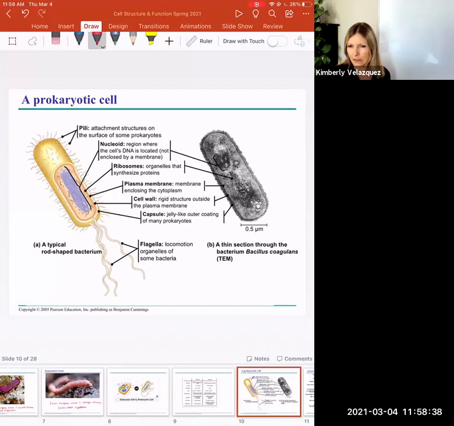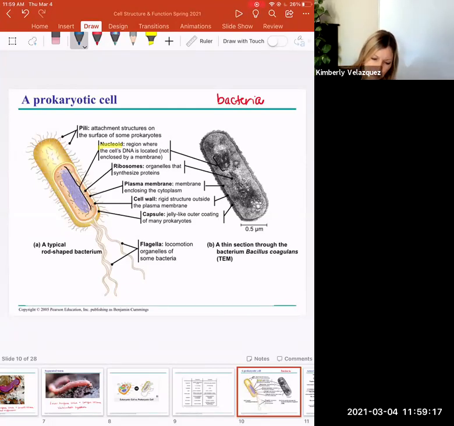Okay, so this is a basic prokaryotic cell. In fact, this is a bacteria cell. And the first thing that you'll notice is that this area called the nucleoid region replaces what would be called the nucleus in a eukaryotic cell. So this is the region where the cell has its DNA, but it is not protected in a membrane. You're going to see when we look at the eukaryotic cell that the nucleus is defined by what's called the